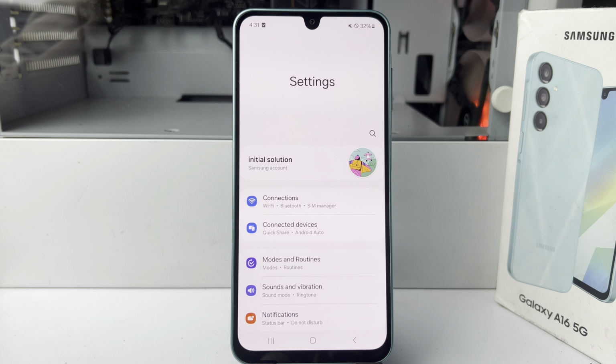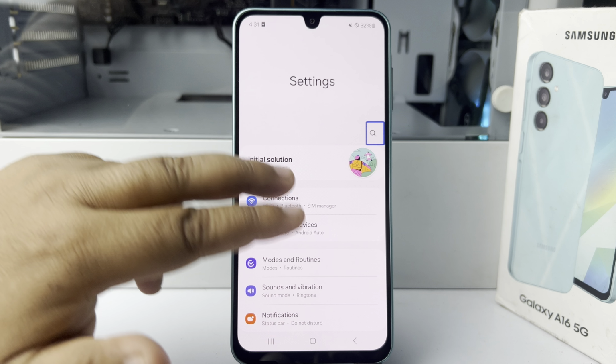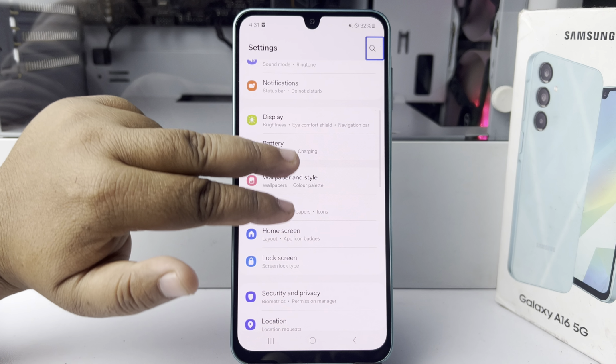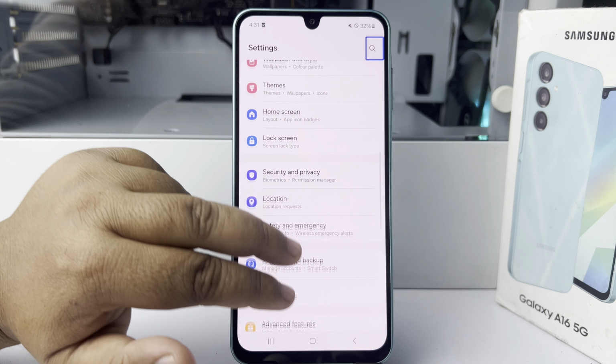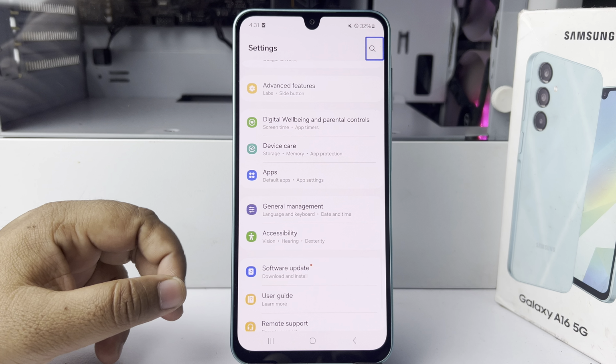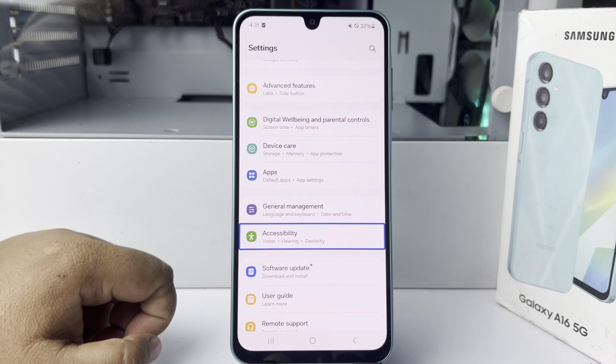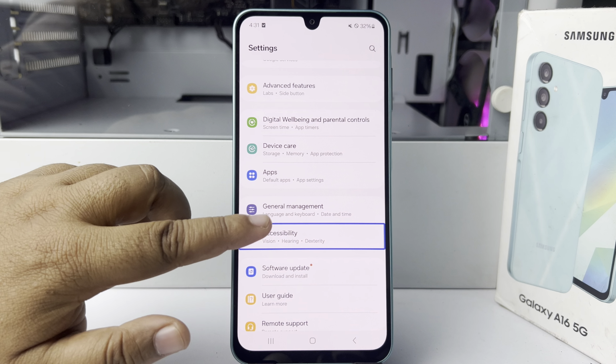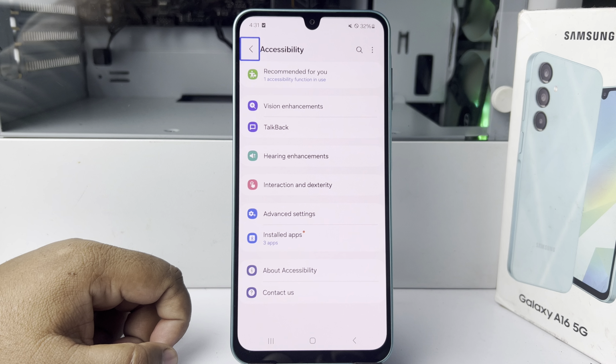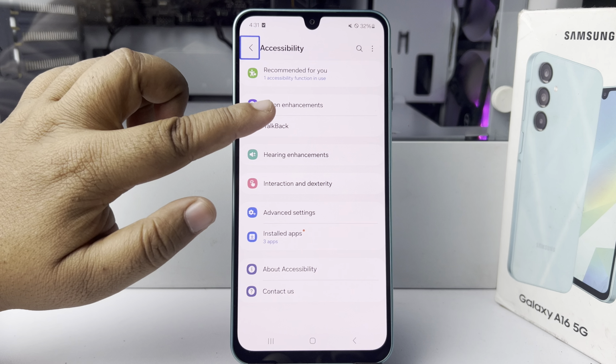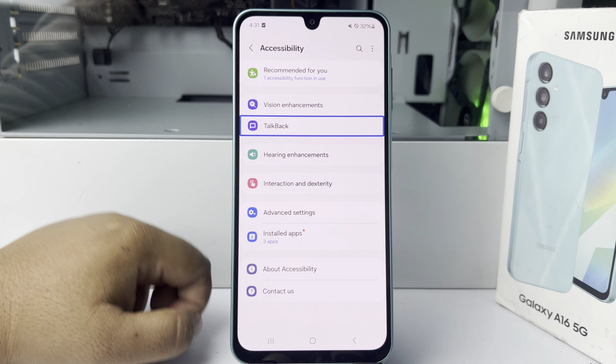and your settings app will be open. Again, use your two fingers to scroll down in settings and single tap on accessibility. Now double tap on accessibility to open, and here select Talkback, double tap on Talkback